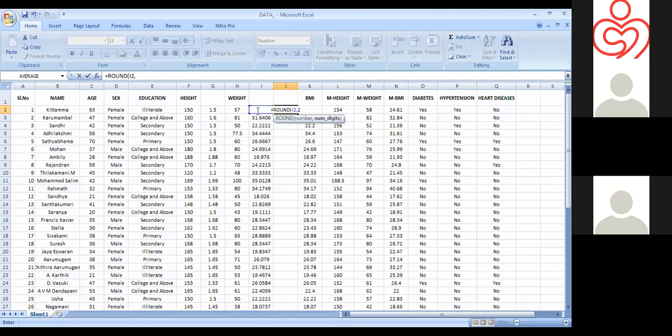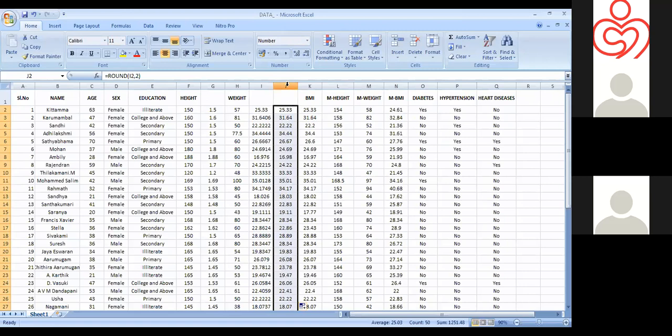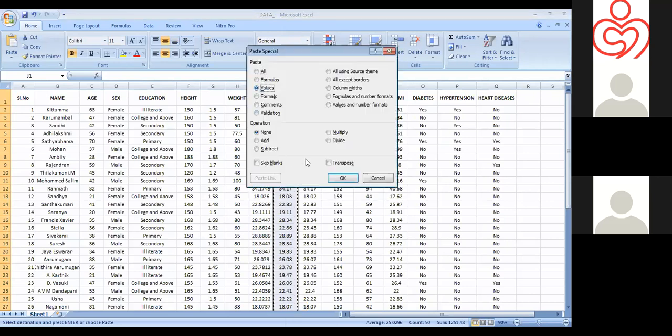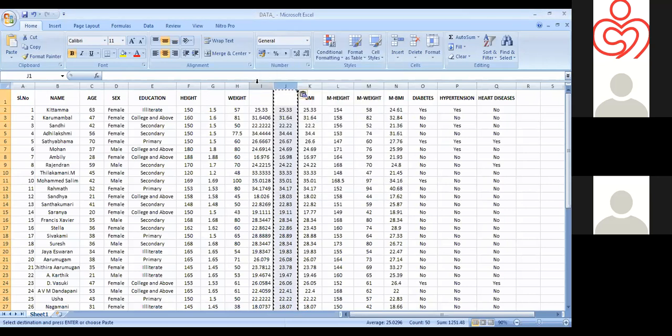I need only 2 decimal points, then press enter. Now it became 25.33. Here also we applied a function, so we need to copy and paste as values here, put OK.